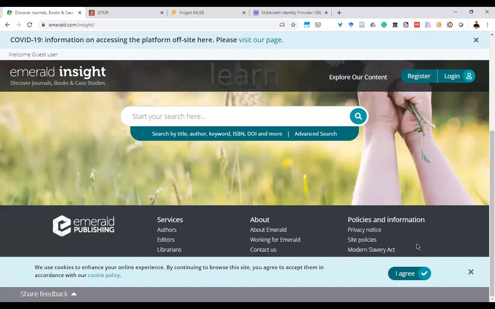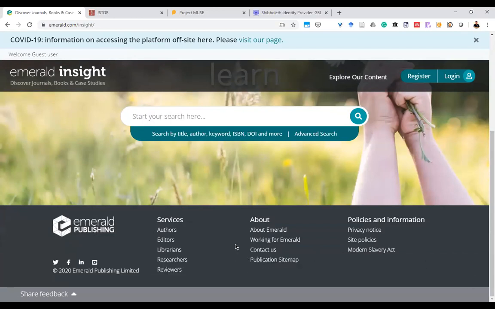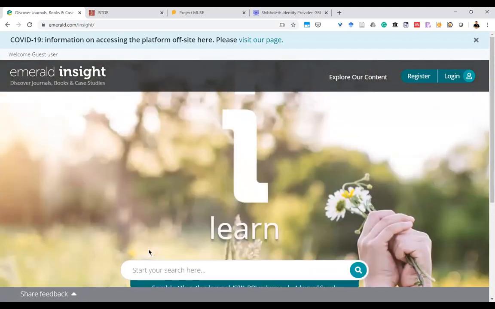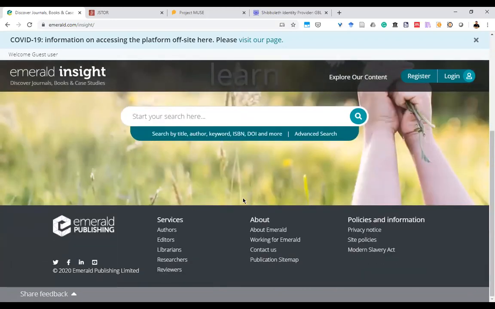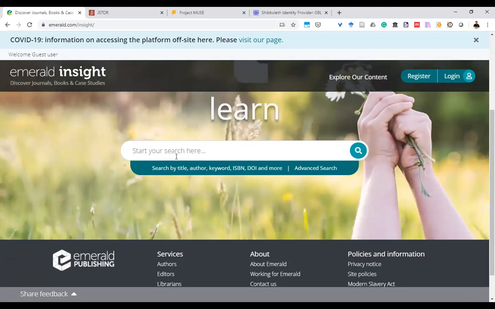Emerald Publishing is nothing but a kind of scholarly publisher that publishes records mostly in the field of management and other subjects, information sciences, library science, management, and other subjects. So in your subject itself there will be some databases, some publishers which are more inclined towards the publication of your field, so you have to find out. So this is one example where we are discussing the features of a particular publisher database. Publisher database means one publishing house only.